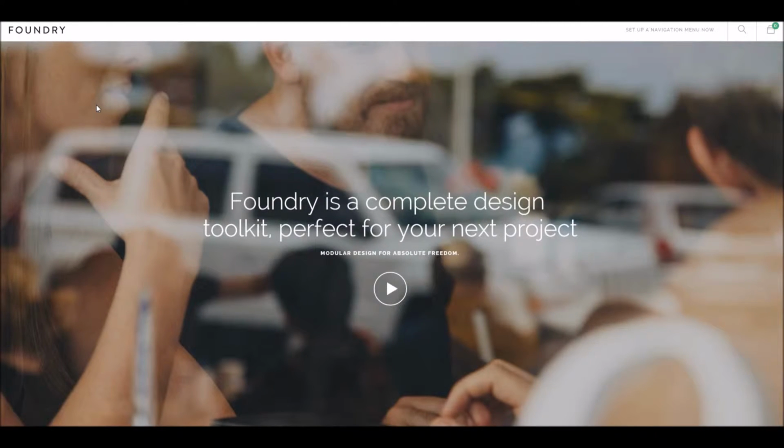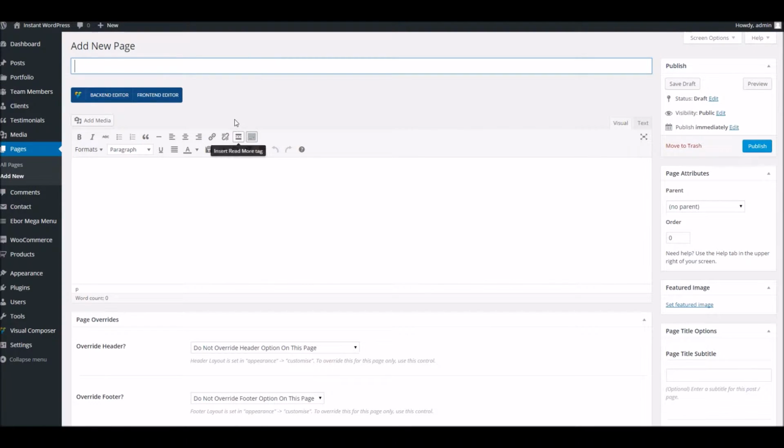I'm just going to take you through our styles tab, which we've got in Foundry for WordPress. Just to begin, we'll head to the admin area. It's just a basic local WordPress install I've got here, and I've just created a blank fresh page just for the sake of this video. We'll call it